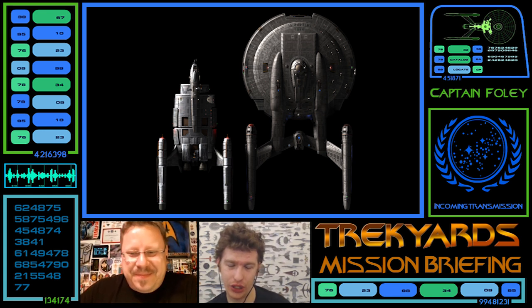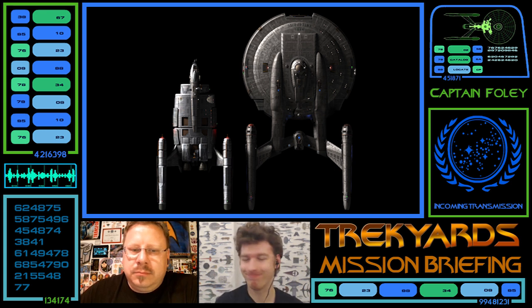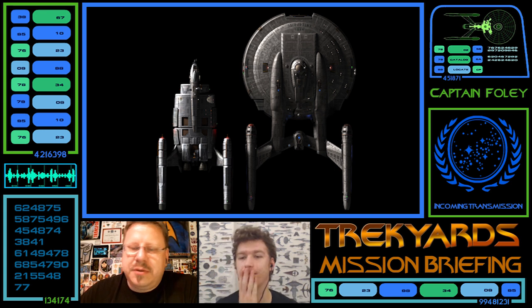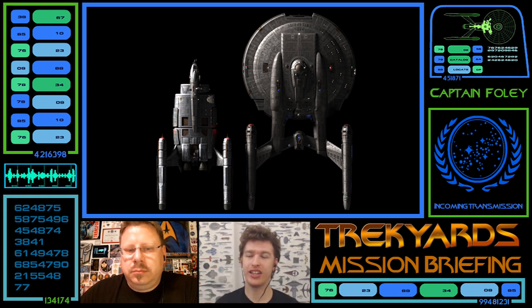I like how though you know exactly how big the bridge is on the NX-01, and that does give you a sense of how it's roughly the same size as the Conestoga's control and command section. So we know roughly the scaling. It's very functional. Like it's a neat ship. It does seem very small for a colony ship though for a long trip, but then again there weren't very many people. And to be fair, you're not really going to bring cows, are you? It would make sense, but